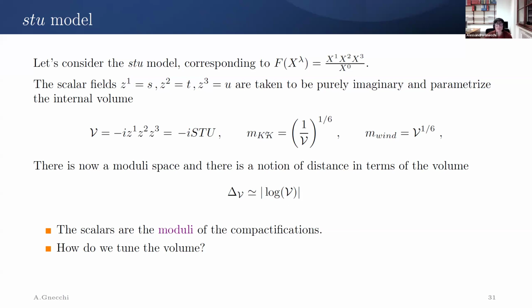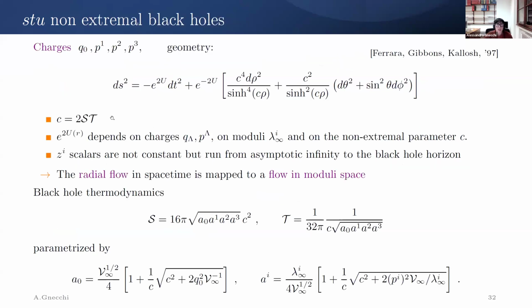Infinite volume distance means Kaluza-Klein masses becoming light, and 0 volume means a winding mode becoming light, which, because there's a logarithm, they're all infinite distances. This is the explicit metric of the black hole. The entropy and the temperature have this expression, and you can check that they satisfy S times T equals C, the non-extremality parameter. All these parameters are just rewritings that depend on the volume at infinity and the charges of the black hole. And so,